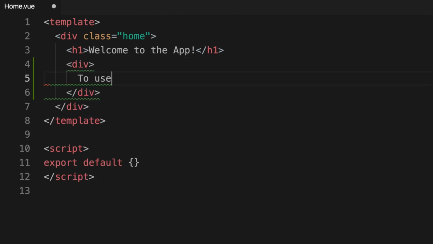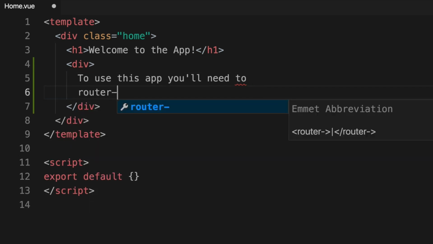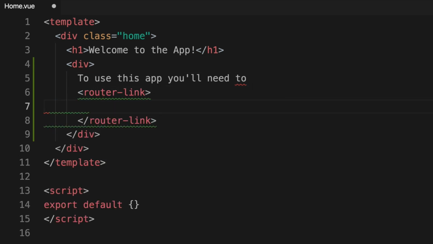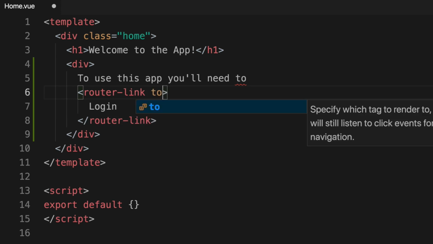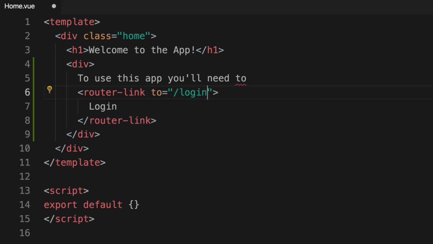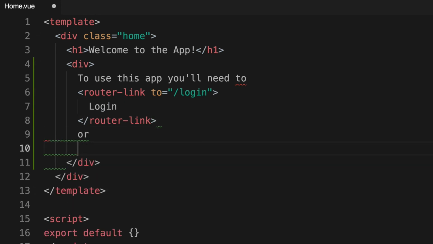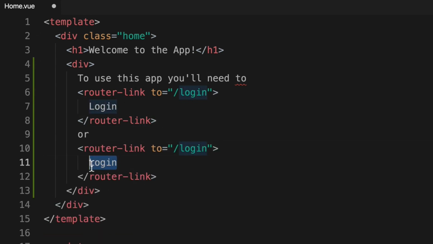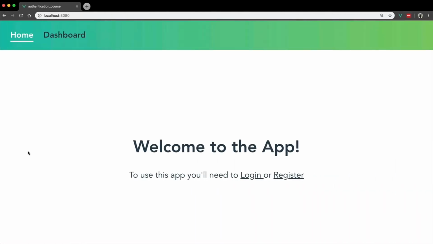We'll say, to use this app, you'll need to, and then we'll create our first router link, which will say login, and this will route to the login route. Then we'll type or and create another router link, which will say register and point to the register route. Now checking this in the browser, at the home page, we see this welcome message, and the user can click directly to the register route